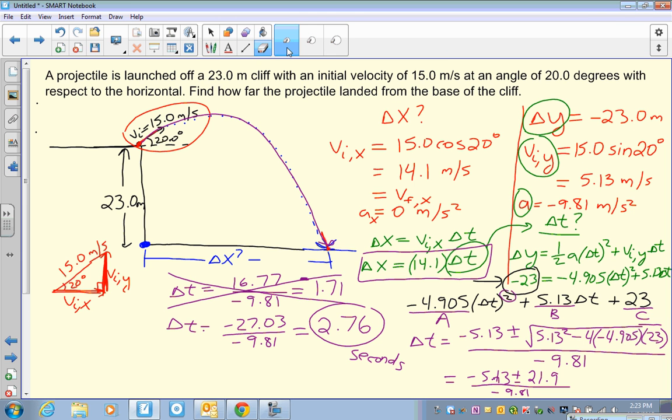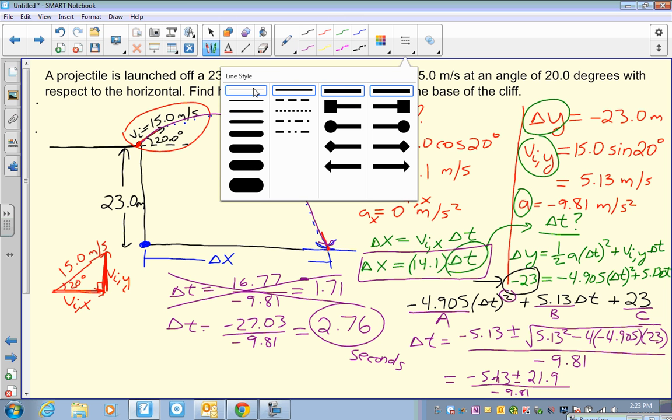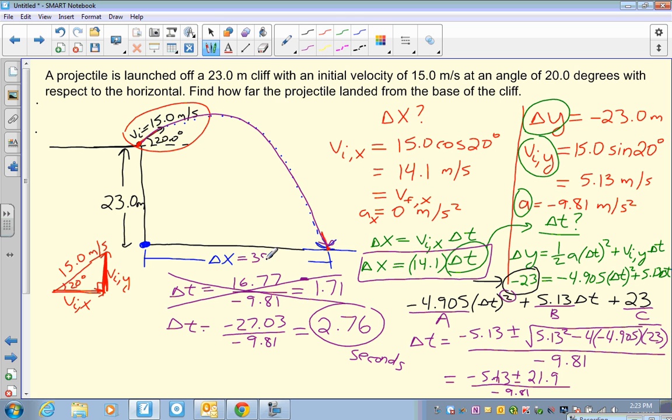It is 38.9, but because this is a displacement, that is meters. So our final answer is 38.9 meters from the base of the cliff. So all I did was take this answer here and plug it in here for delta t,